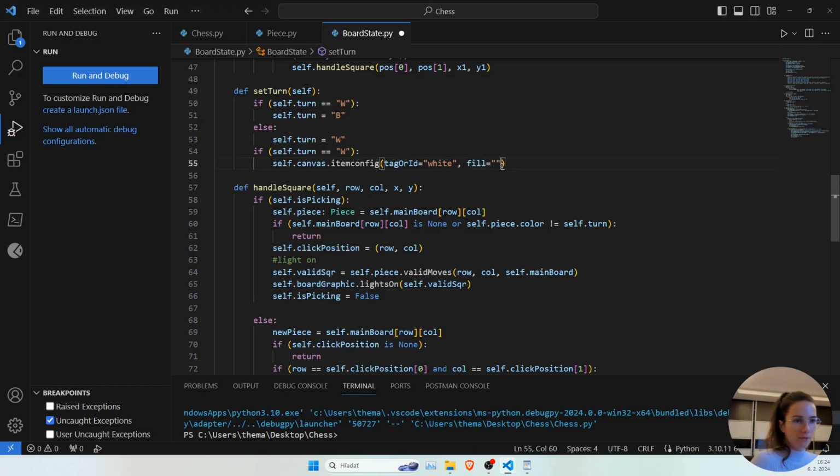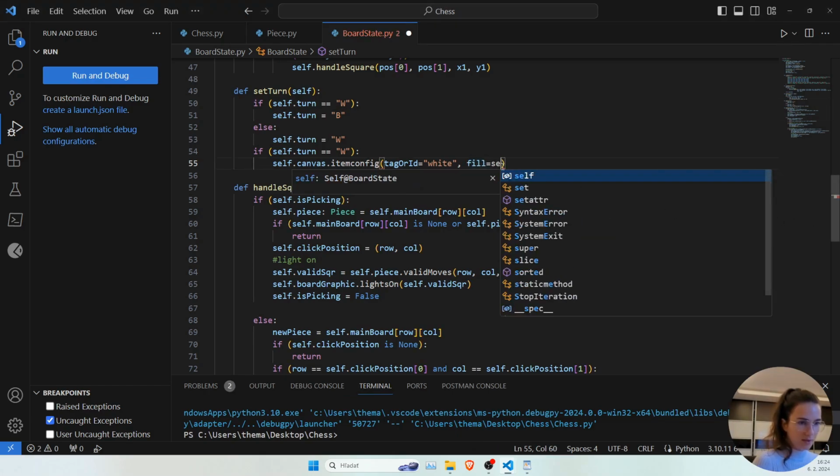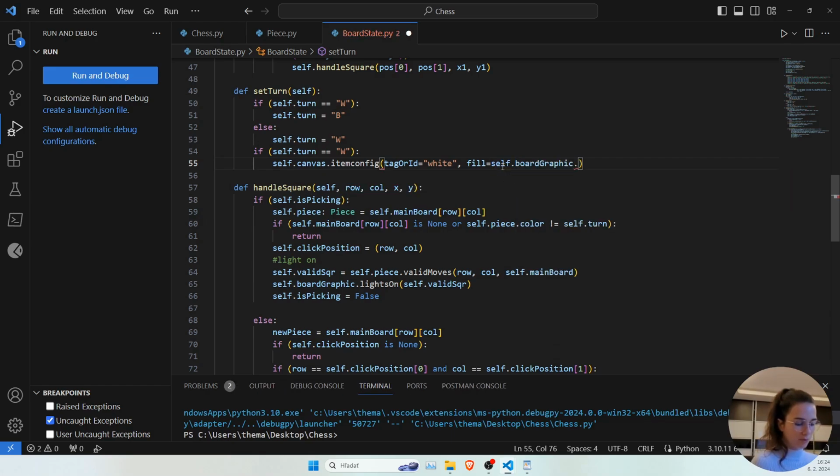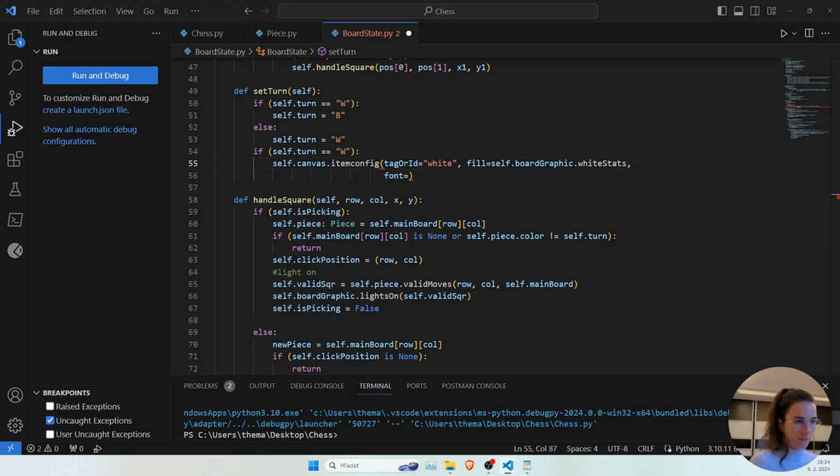So fill it with self. I will take those values from board graphic, and the object board graphic have the color white stats. And now I will take the same font